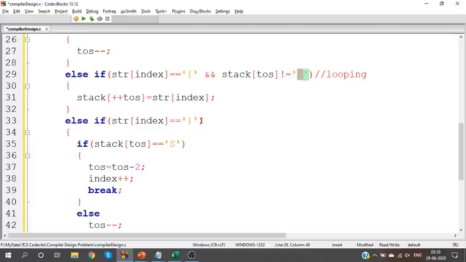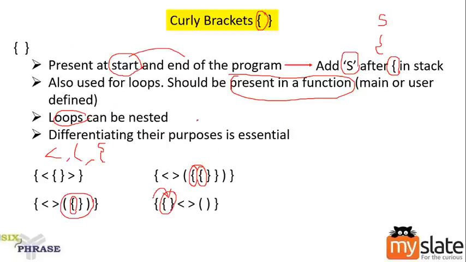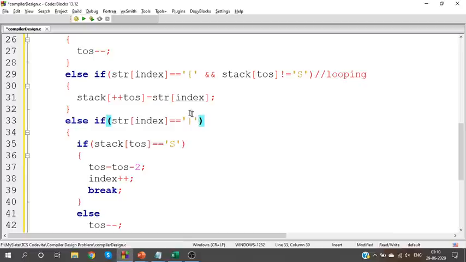Clear? And for a close bracket, what should we ensure? Same thing as every other. For a close bracket, we should ensure that we have a matching open bracket. The top of stack should be matching. Only when it is matching, I can proceed with the problem. Clear? So for an open bracket, one case should be avoided.